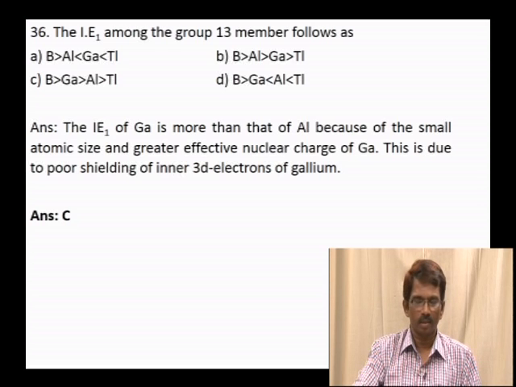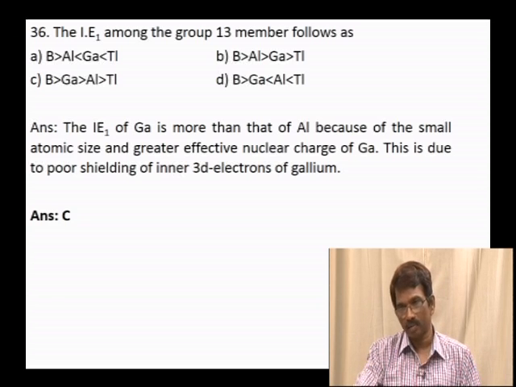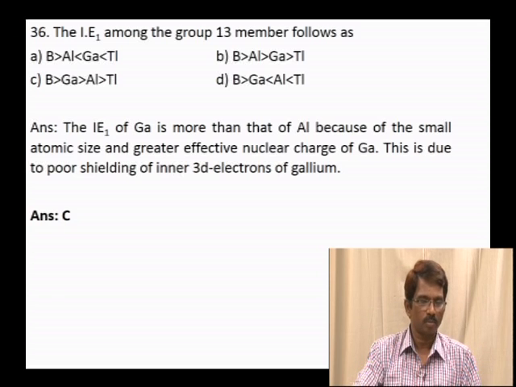That means to say, that is caused because of poor shielding of 3d electrons present in gallium, and this results in greater attractive force by the nucleus of gallium on the valence electrons. Obviously, more energy is required to remove the electron from the outermost shell of gallium compared to aluminum, and hence the correct sequence in the decreasing order becomes boron, gallium, and then aluminum, and then thallium, and the option C